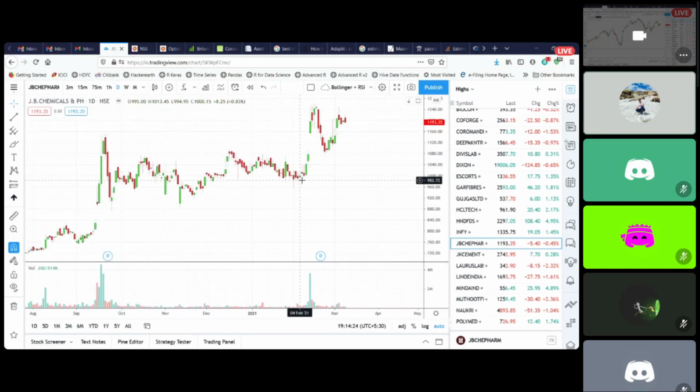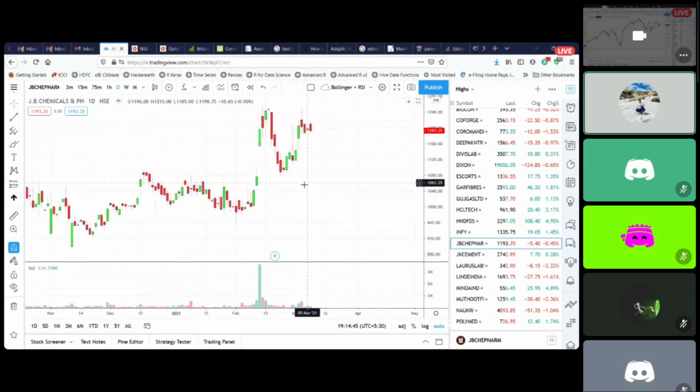Okay, so recently it made a new high here at around 1250 regions, and then it came down. Now there were multiple tops here at 1080. So once 1080 was broken with this huge gap up candle, it came down, tested 1080 itself, and we knew 1080 is a strong support zone. The moment these green candles come here, this becomes a point to go long at 1120, and immediately your booking becomes at this resistance zone only of 1240. So you go long at 1120 and book around 1240 here.